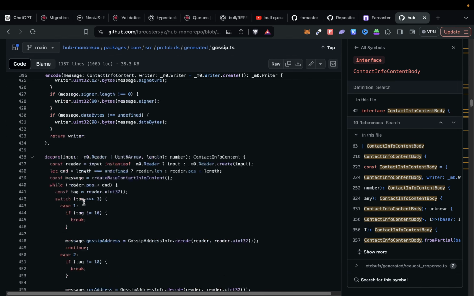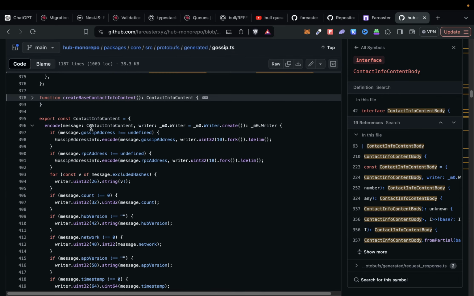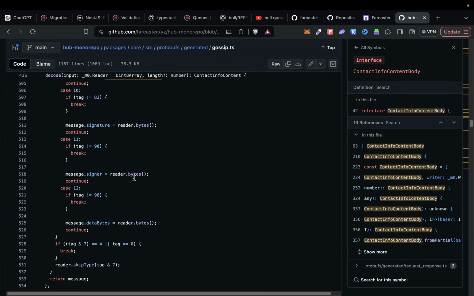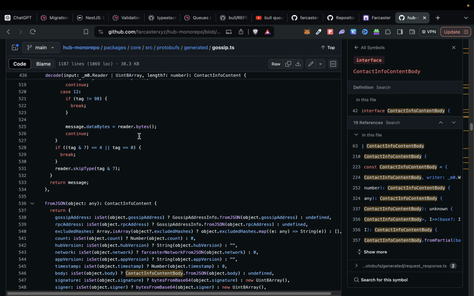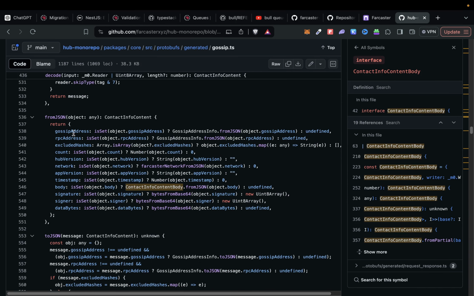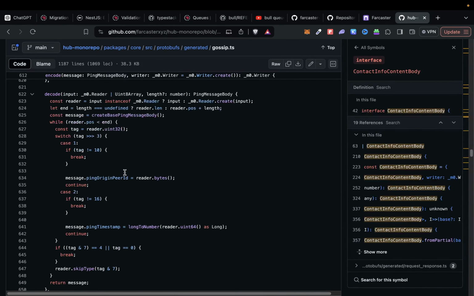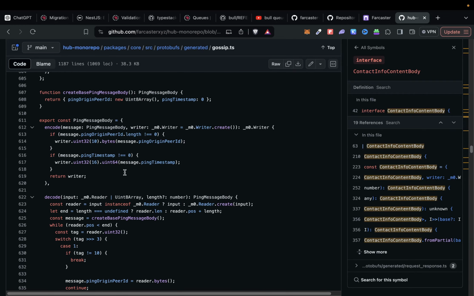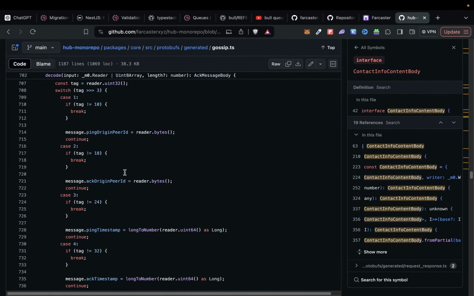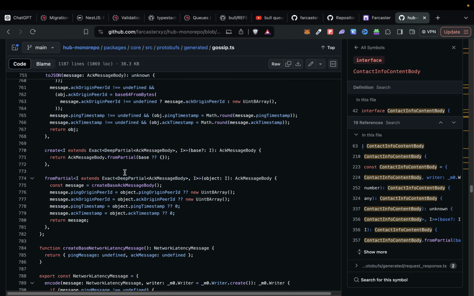What the different interaction between hubs, contact info, content, message signature, data bytes, gossip address, RPC address, clues hashes, hub version. Yeah, this does not concern us too deeply. Ping message,